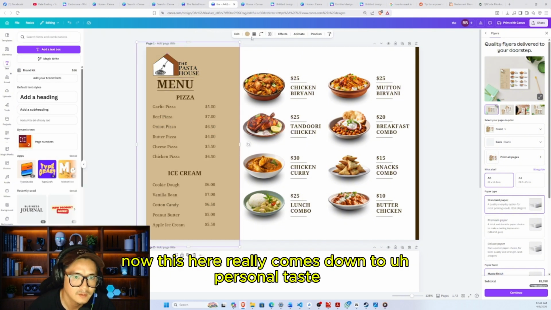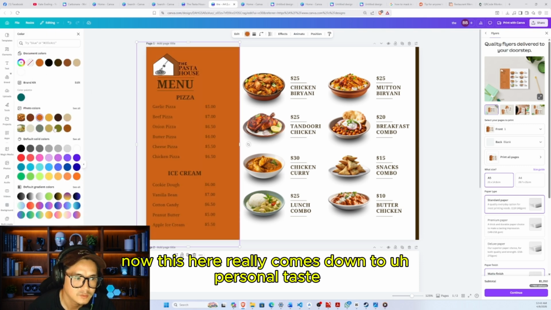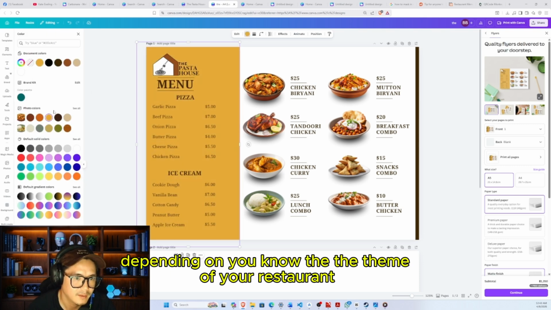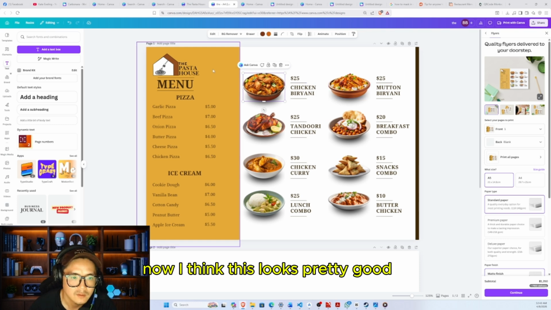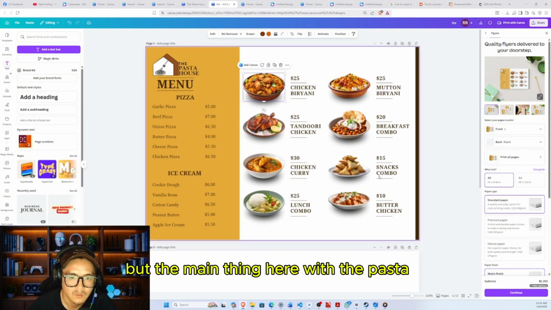because we do want a lighter background, a lighter creamier background like this here. Okay, now this really comes down to personal taste, depending on the theme of your restaurant, but I think this is pretty in line with the theme of the restaurant. Now you can see here, I think this looks pretty good, looks like a dessert menu,